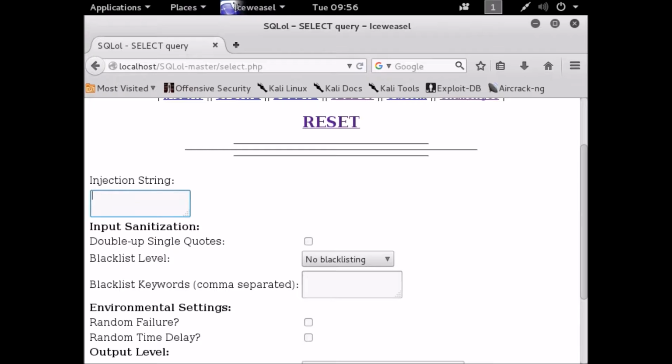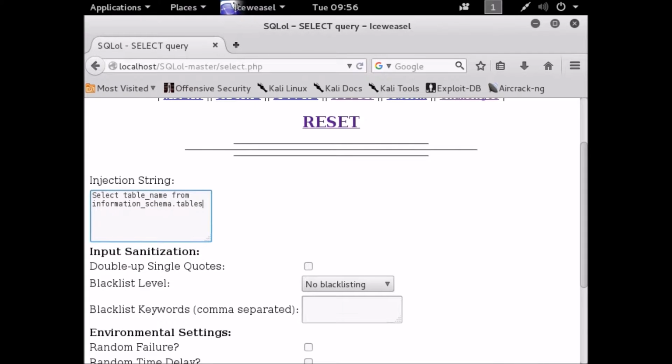What you have to do is select table_name from information_schema.tables. So this is a select statement that will enable you to get all the names of the tables.